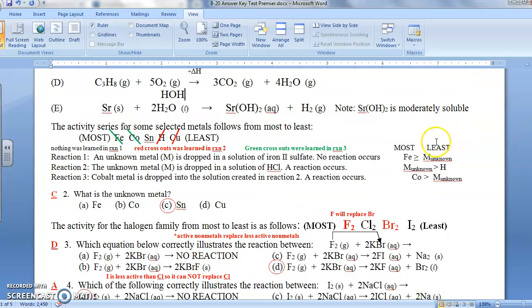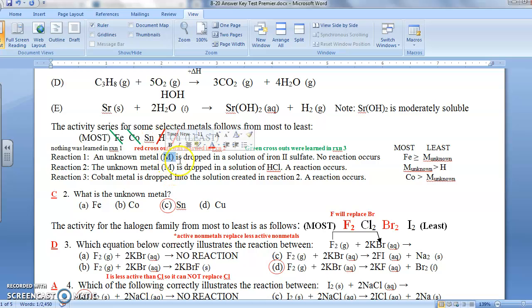And here we're going to be looking at a series of 3 reactions, and we're going to try to identify an unknown metal. That unknown metal is one of these 4 metals. It's either iron, cobalt, tin, or copper. We're trying to prove which one of these metals it is. So they're going to do a series of reactions. In the first reaction, they drop the unknown metal, again, either iron, cobalt, tin, or copper,